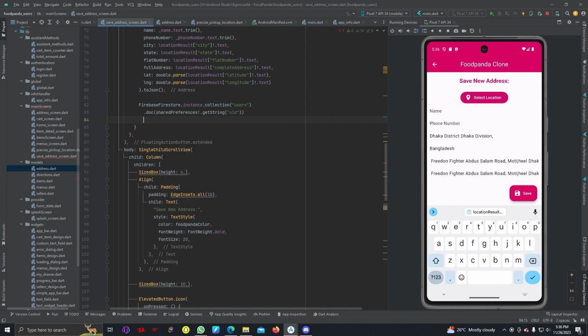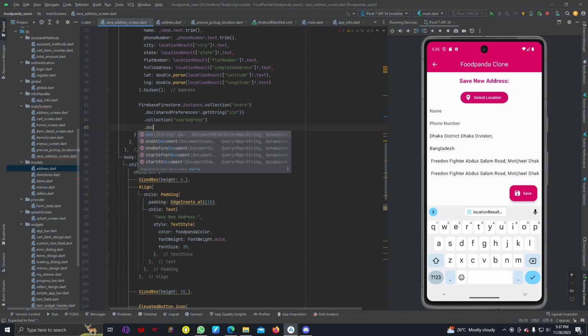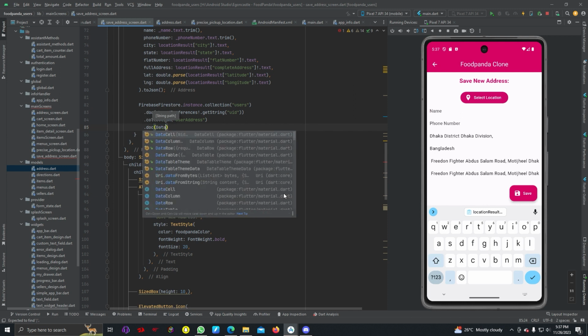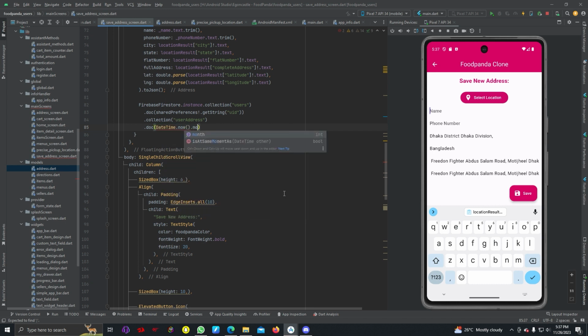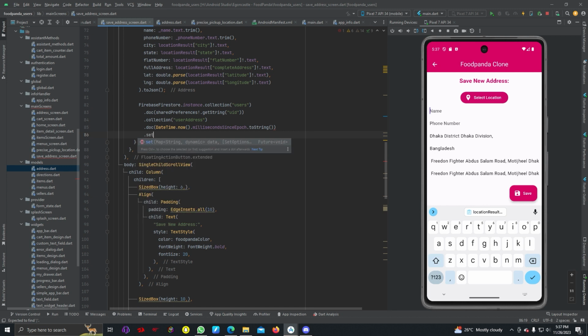dot collection userAddress dot document DateTime dot now dot millisecondsSinceEpoch dot toString dot set model dot then